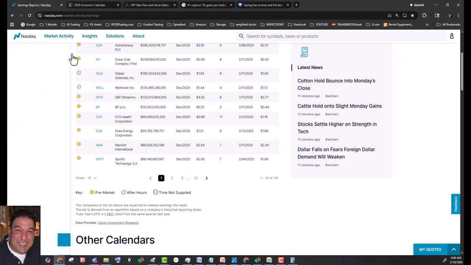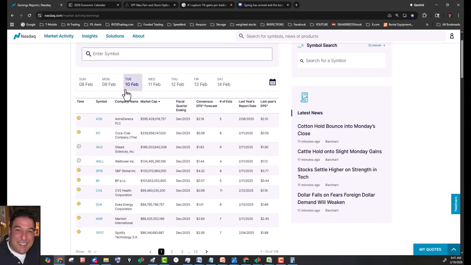And then we've got earnings. All right, on the earnings front, we've got AstraZeneca looking like 595 billion. That's over half a trillion. Okay, so pharmaceutical reporting this morning. Coca-Cola, consumer defense. Okay, they call it consumer defense because when the market is done rallying, and price